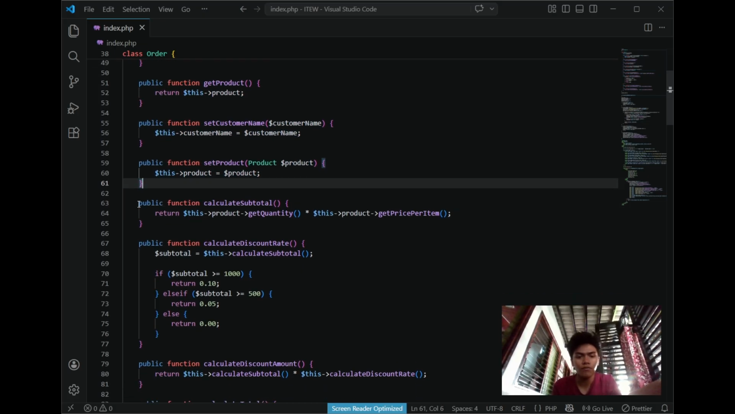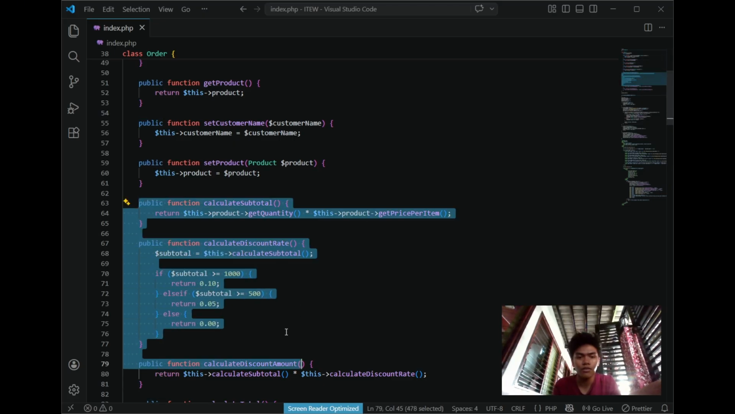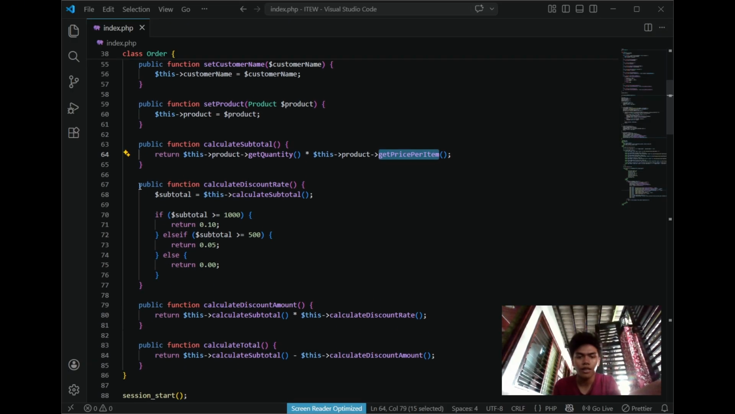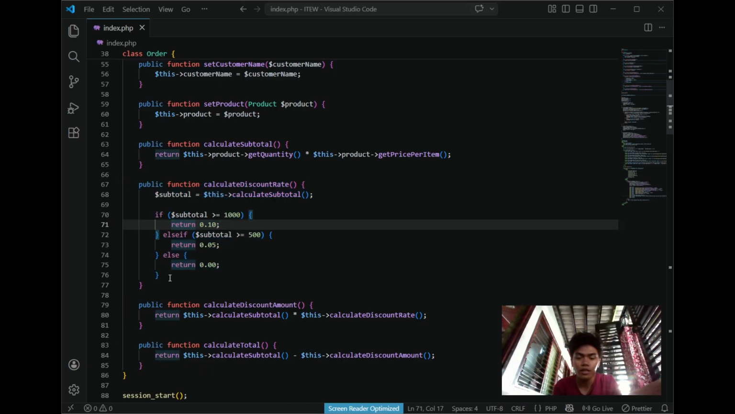And then the next one is for the important function of the class, which is the calculation methods. It first determines a row subtotal in the method calculate subtotal, which is this one. It will pull the data from the product object and get the subtotal by multiplying the quantity and the price per item. And then it will proceed to the calculate discount rate method, which is